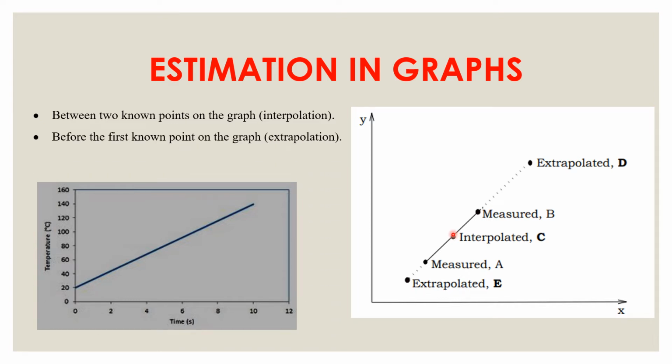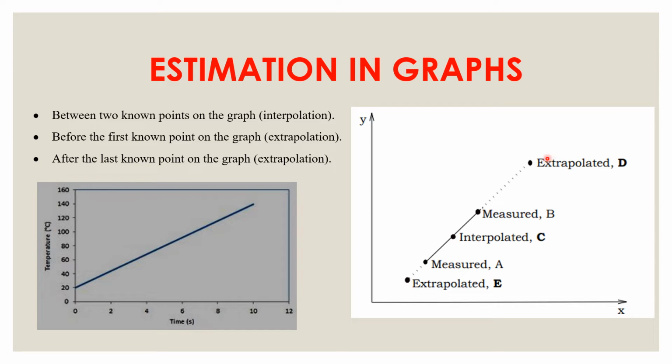When I want to make a prediction beyond the measured points, that is called extrapolation. So for example, the graph is up till measured point B, but if I want to know what is the reading up till here, then an imaginary line is going to be drawn, and that line is going to help us to make the prediction. So we are making this prediction beyond the plotted graph, which is called extrapolation. So either you do it before the graph here, or after the graph. If you are making a prediction beyond the plot, then that is called an extrapolated point.